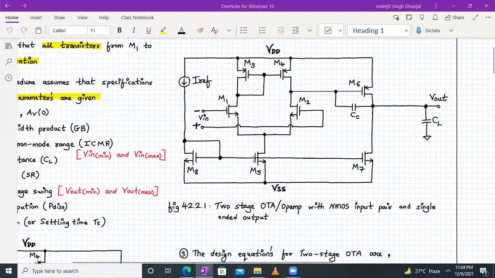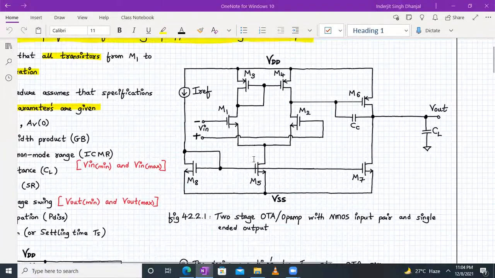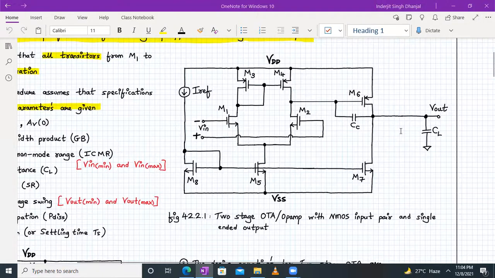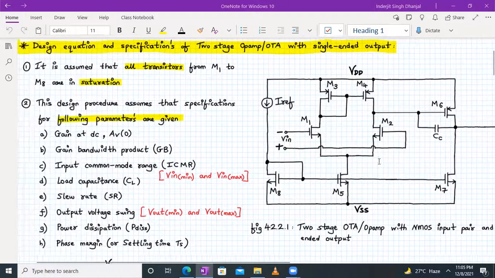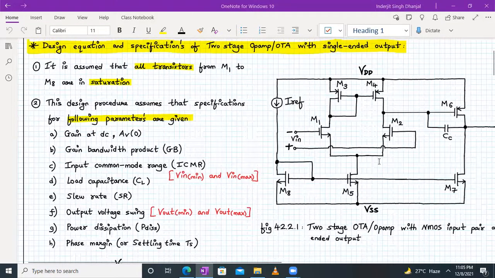So this is the circuit of two-stage OTA with a NMOS input pair and a single-ended output, right? We have discussed this circuit. Only thing is that we were drawing this supply VSS as grounded, but now this also can be applied a negative value, and VDD is a positive supply. So we have a positive and a negative supply. That's the only difference. And also the frequency compensating Miller capacitance C is there, and the load capacitor CL is the addition. So apart from this, we have already covered two-stage OTA.